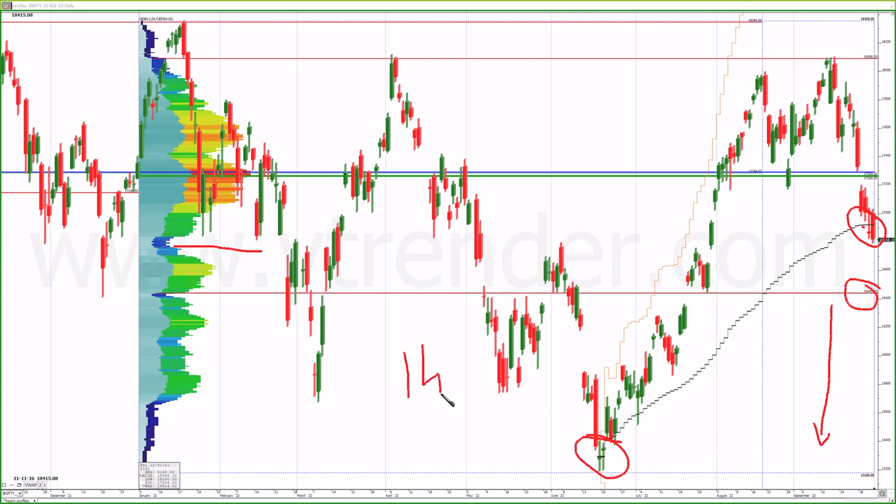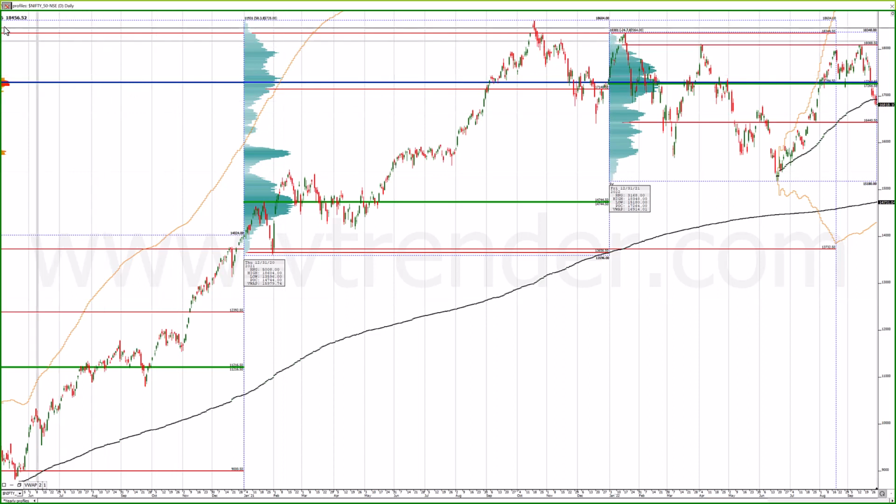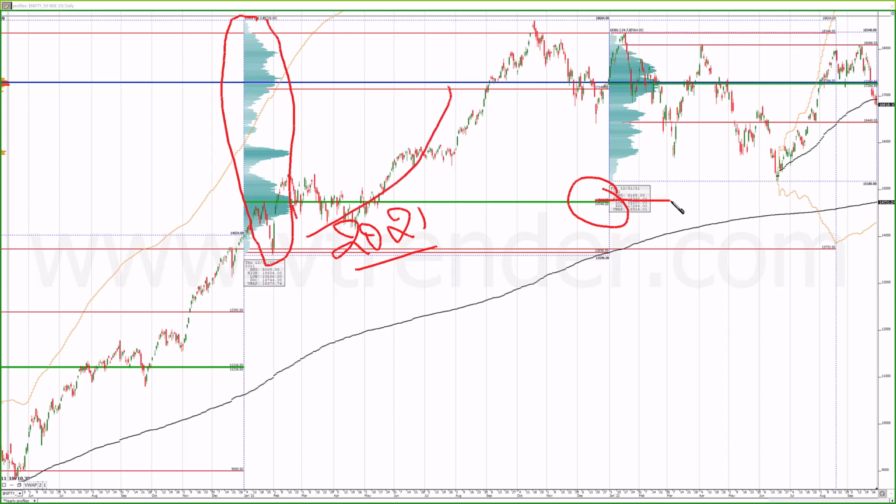We could be running down to about that 14,700 level, which was marked off as a support in Jan. We were looking at that support around 14,700 to come in. So that is what it is. Why 14,700? Because it is the POC of the year 2021. Generally these kind of POCs are respected. If you can see this profile over here of 2021, which was a trend up profile again, these POCs are respected. And at the same time, this 14,700 marks the anchored VWAP of the rise from March 20. So there are multiple reasons for this to be the last standing man, so to speak,